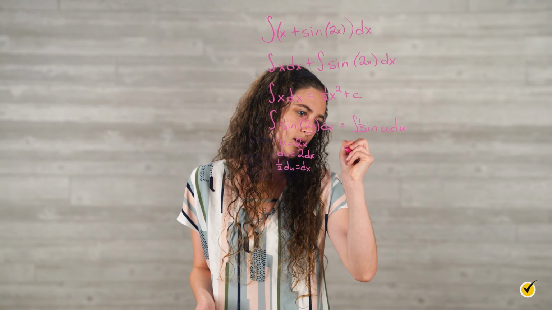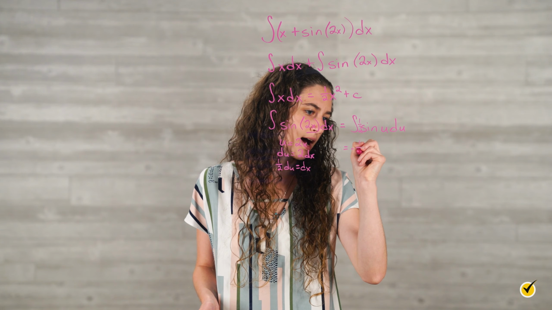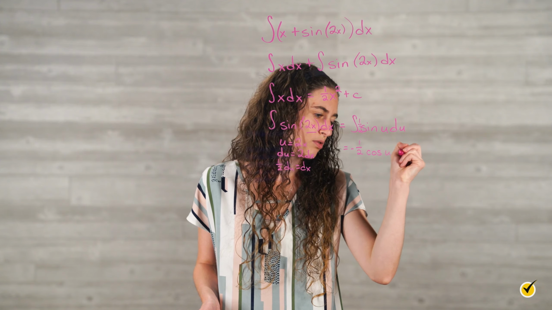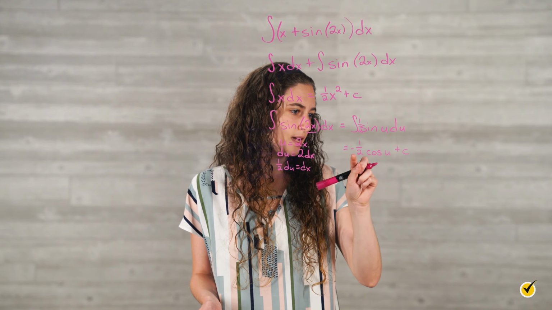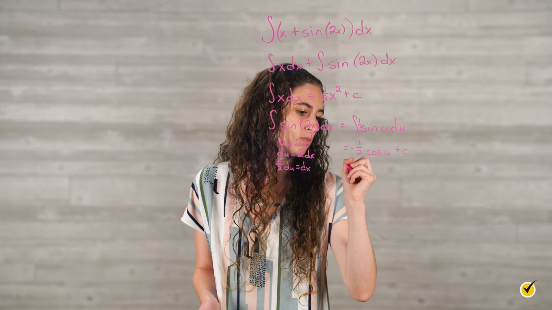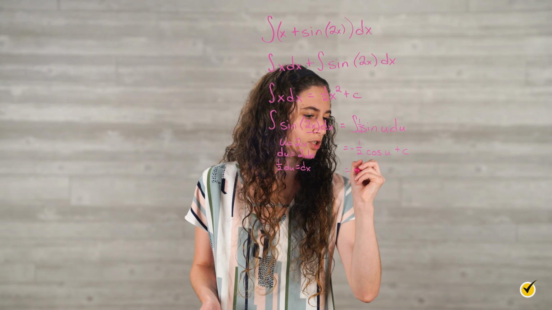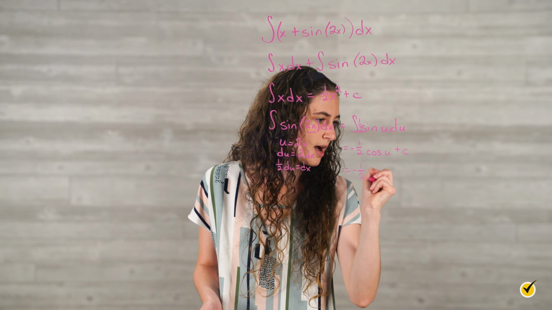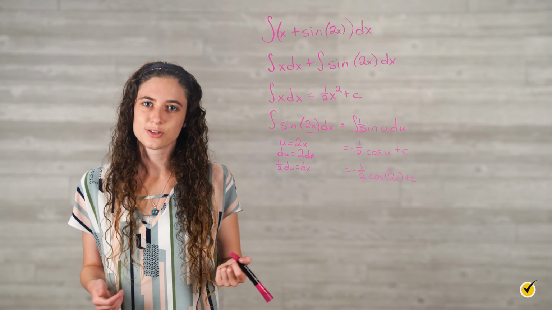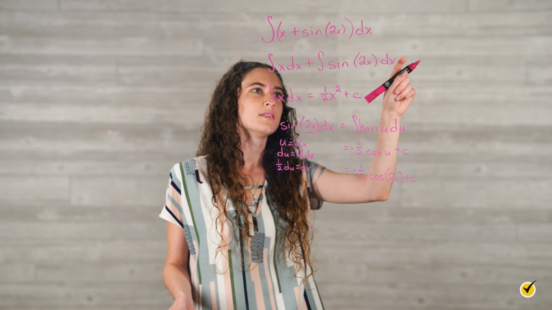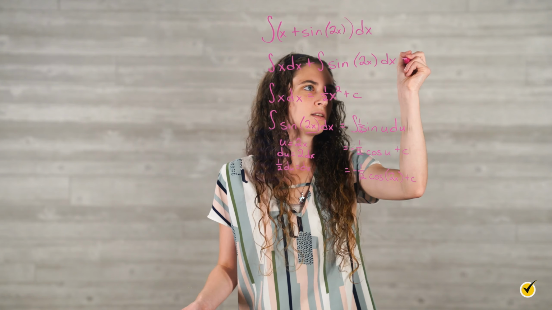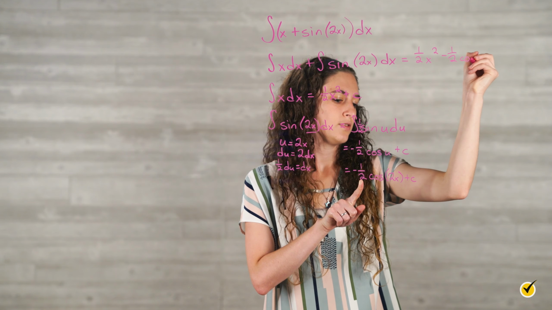Now we integrate this, and we'll get negative 1/2 cosine of u plus c, because negative cosine is the integral of sine of u. Now all we have to do is plug in our u, which is 2x, and we get negative 1/2 cosine of 2x plus c. Now all we have to do is put our addition terms back together. So this is equal to our first part, 1/2 x squared. We're going to leave the c alone for a second, and then minus 1/2 cosine of 2x